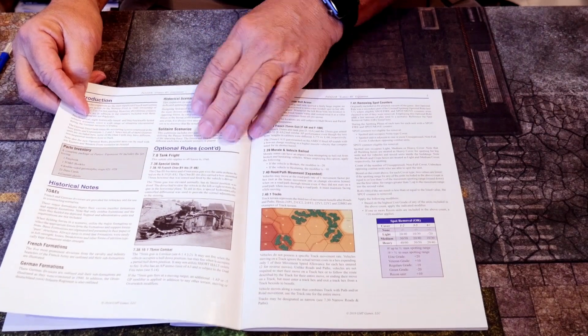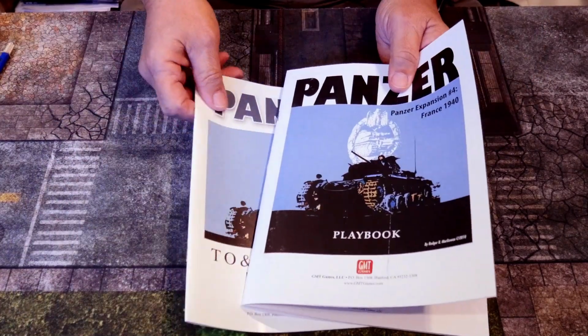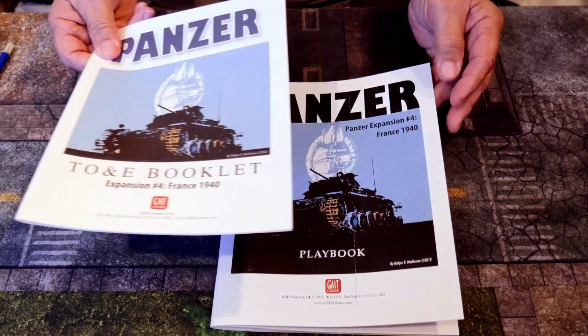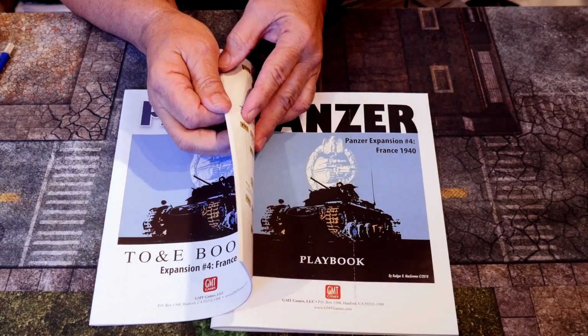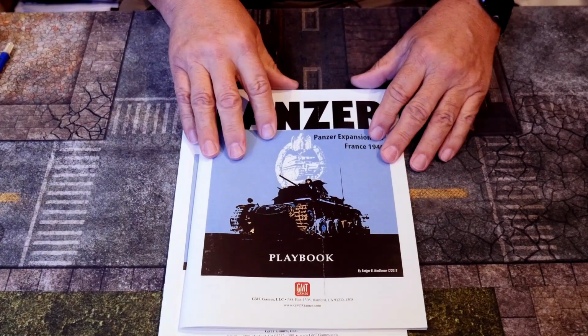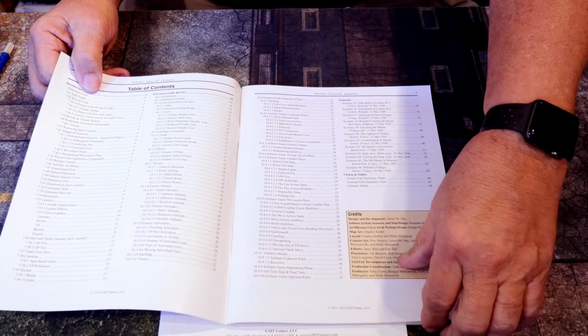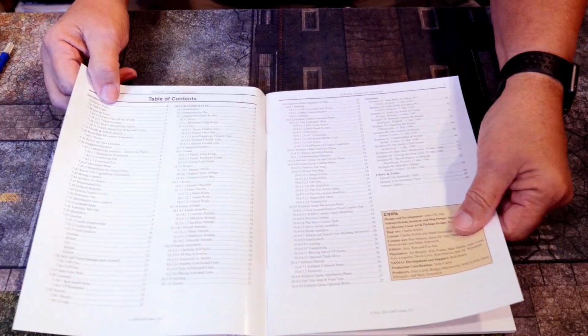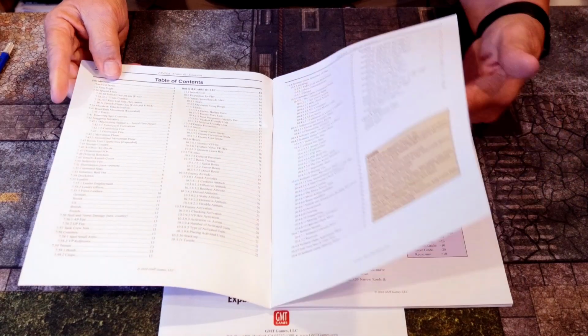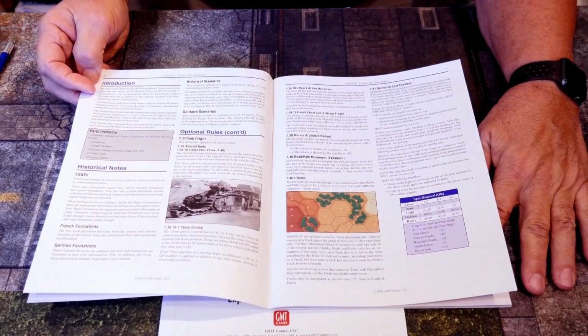So introduction, optional rules, continued. So I don't know if I need to start with this one. Let's see. Maybe this picks up from the original book, which makes sense. And again, you can tell that I've not played this at all, so this is all brand new to me. Historical scenarios,